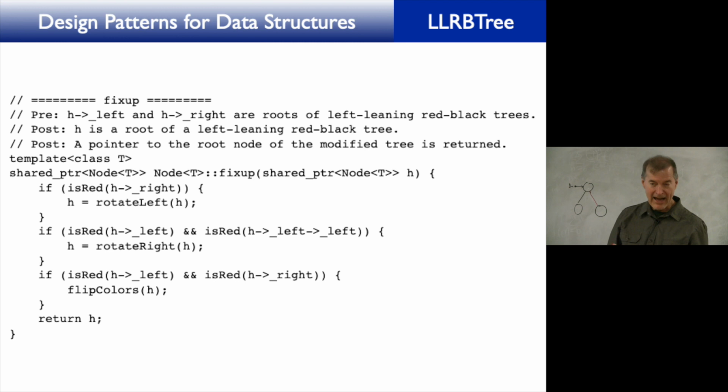So if is red H arrow right, H gets rotate left. Now check this out. How do we know if there's two reds in a row? If is red H arrow left and H arrow left. So what's that situation? I shouldn't be drawing all this stuff because I have slides coming up, but you can see if there are two reds in a row, then it does rotate right, in preparation for what? And now if is red H arrow left and H arrow right,